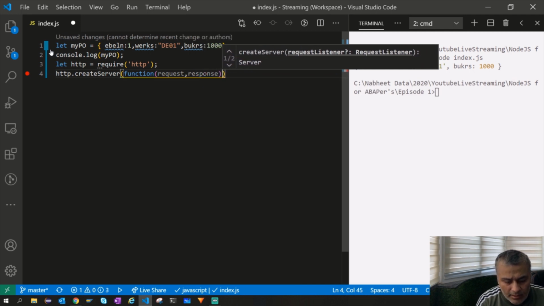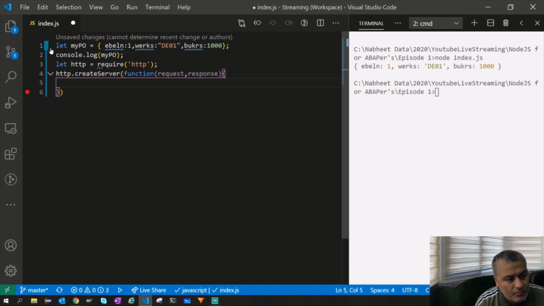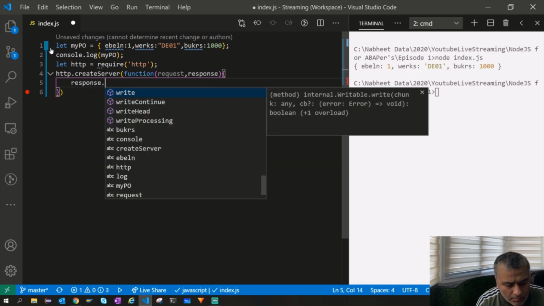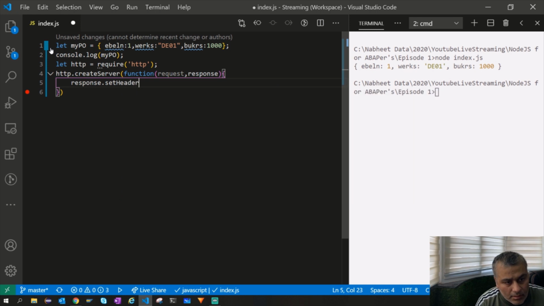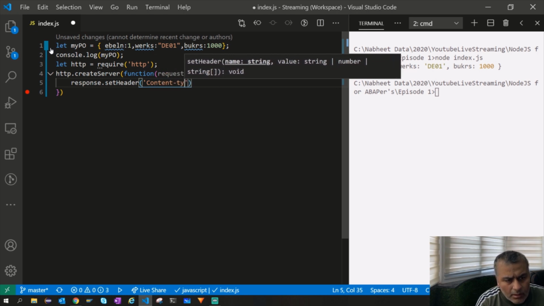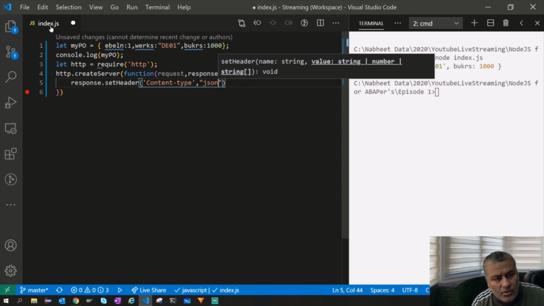Then let's just write a response. So I say response dot set header. I'll explain this. Basically I'm trying to tell what the expected output is, so I say this is a JSON.